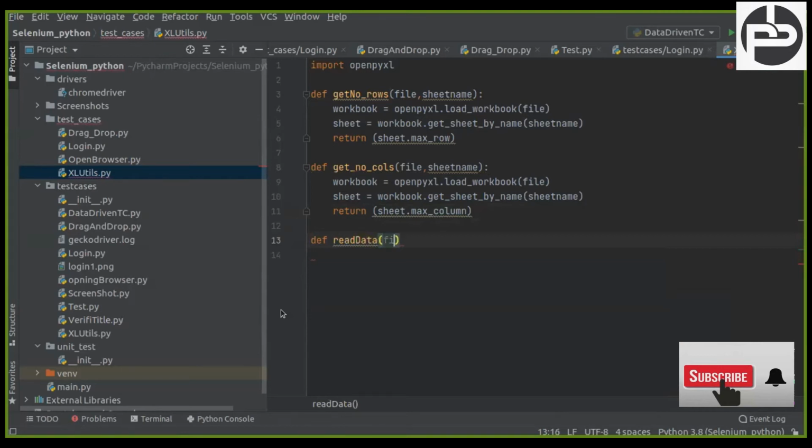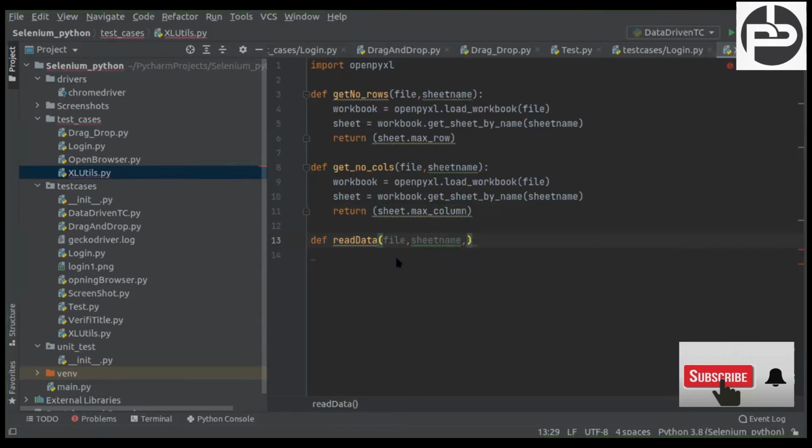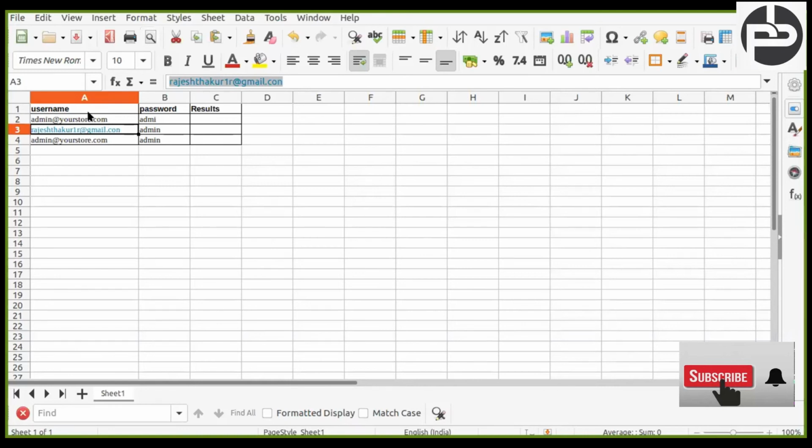First thing, file name, file path, you can say file, and then from which sheet we have to read, the sheet name, right? And then if you go to this Excel sheet, it is divided in the form of cells. So from which cell it has to read, right? This is known as the first row, first column, second row, second column, first row, third column. So we need two things, row number and column number, right?